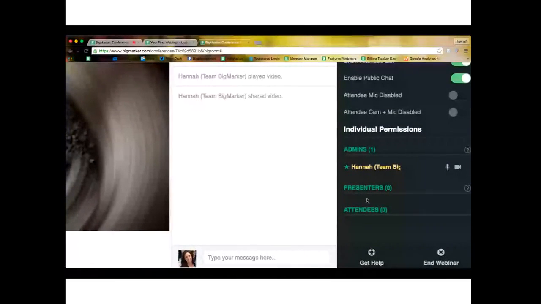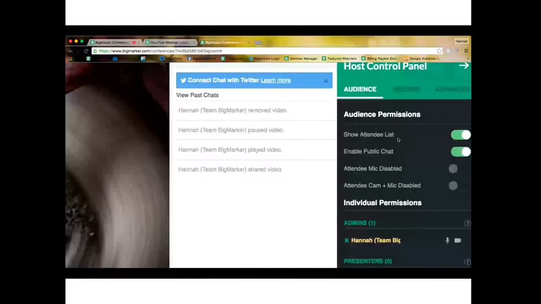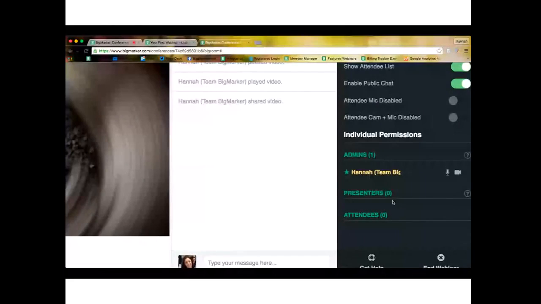And then here, like I said, we have the attendees, presenters, and admins. So as an admin, I have access to this host control panel. As a presenter, you can appoint people as presenters in the room. They'll have an icon next to their name that you can choose. It's just 3 dots, and if you click on it, you can decide if you want to make attendees or